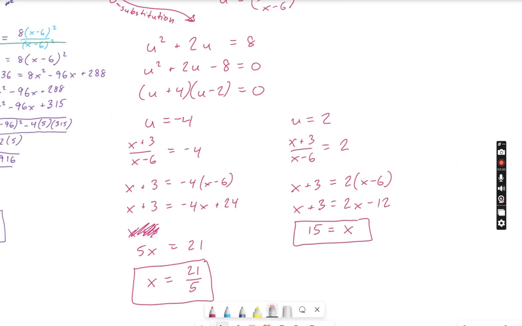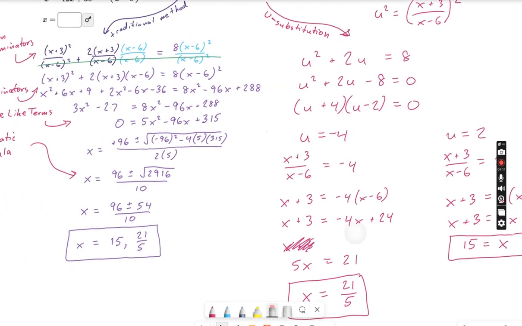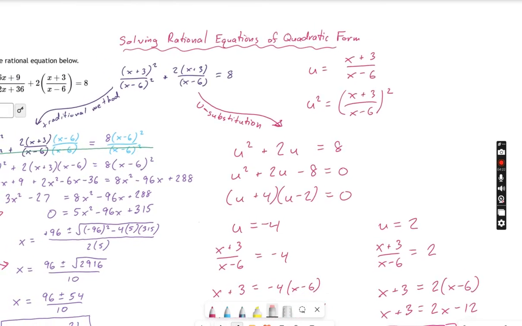So the reason you're doing a lot less work is because we're breaking this into simpler equations. This U substitution right here, right? If you can break them into the simpler intermediate equations right here, it really unloads a lot of the work that you have into some basic factoring techniques instead of going through big stuff like on that side. A review of why this works. Remember, here's what's required. You have to have what's called quadratic form. Okay? If you don't have quadratic form, this neat little trick here would never work. It has to be something squared plus a linear version of that something equals a number. Okay, that's essentially what we're